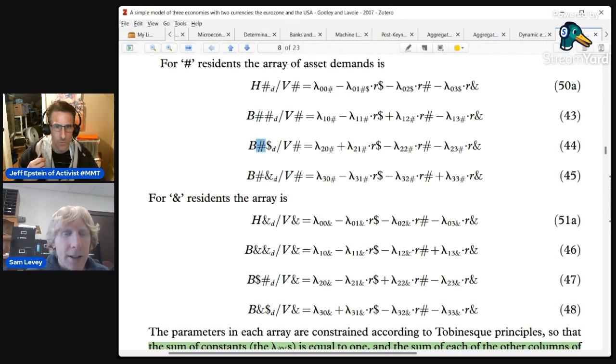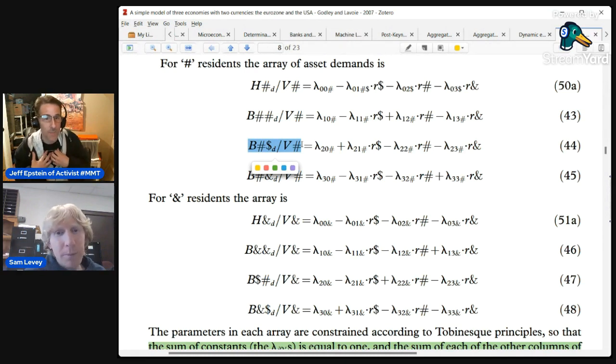Yeah, so this is like somebody in the hashtag country has saved some income and they're deciding what form they would like to keep their savings in, and they would like to keep some of it in the form of bills that the US government issues. It's kind of like if you, Jeff, decided, I've got some savings and I'd like to keep some of it in the form of Japanese government bonds. It's like that. I'm opening a bank account in Japan.